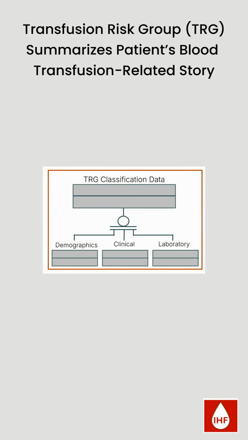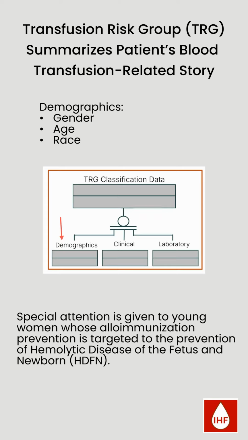Transfusion Risk Group (TRG) summarizes the patient's blood transfusion-related story. TRG classifies patients based on demographics, clinical, and laboratory data. Demographics include gender, age, and race. Special attention is given to young women whose alloimmunization prevention is targeted to prevent hemolytic disease of the fetus and